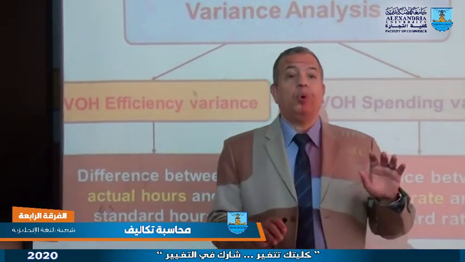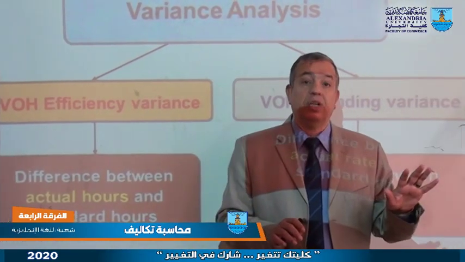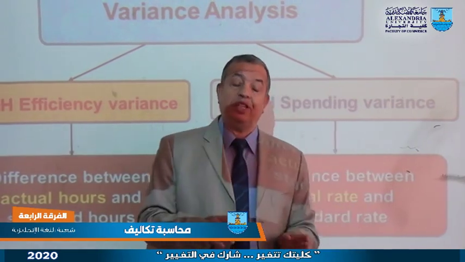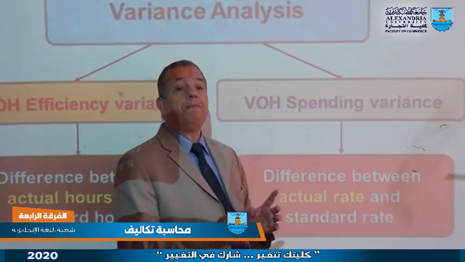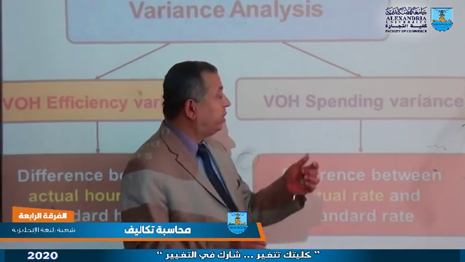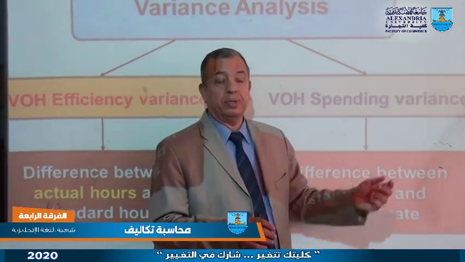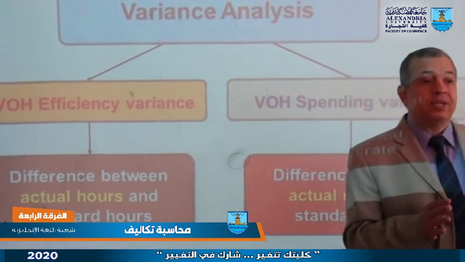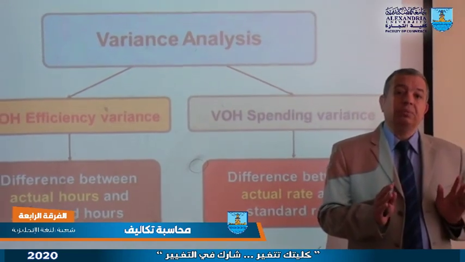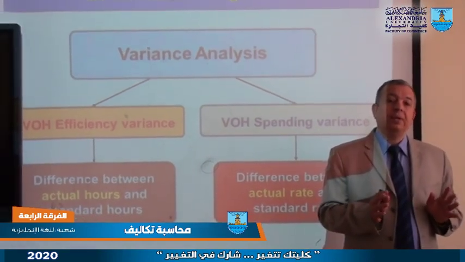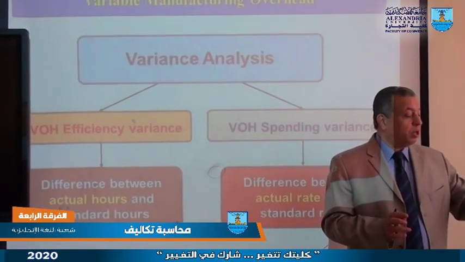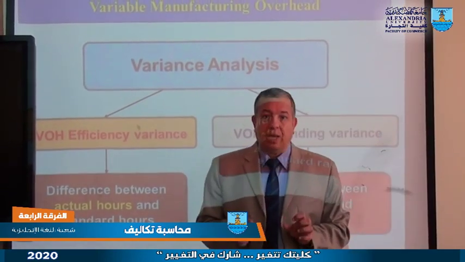In direct labor, we have rate: the difference between actual rate and standard rate. Here also, we don't say rate variance, but we say spending variance. So, we will change the names and how to calculate the variances if I speak about direct material and direct labor. But